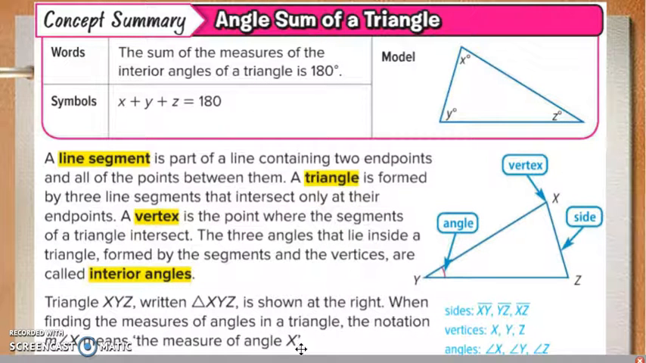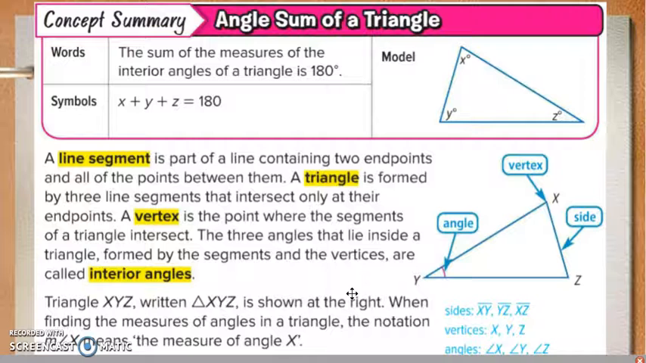A triangle is formed by 3 line segments. A line segment is just part of a line and has 2 endpoints. These 3 segments will intersect at a vertex. A vertex is the corner of the triangle. The vertex forms the angles, and they are said to be interior angles because they are on the inside of